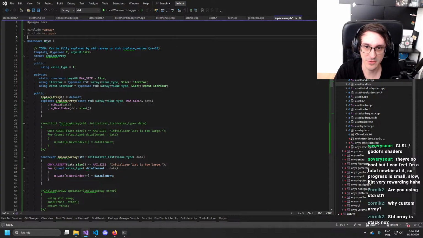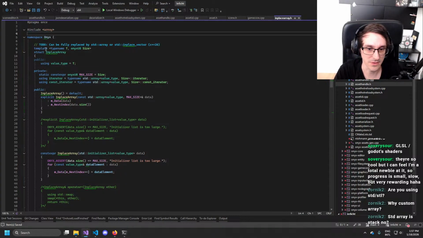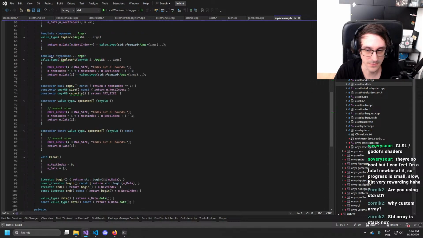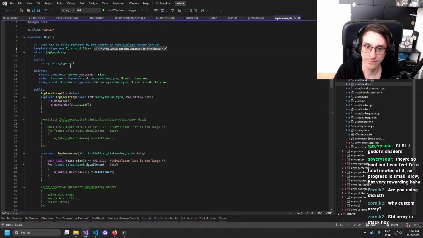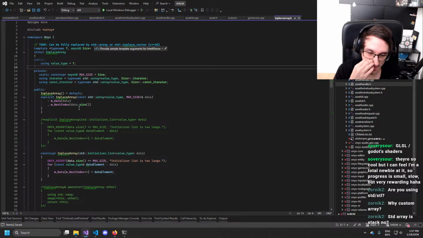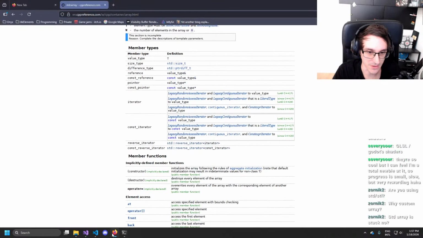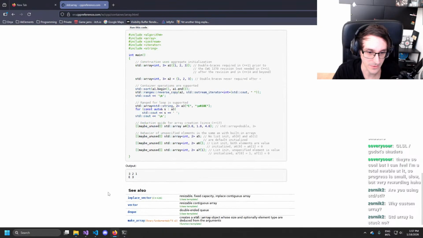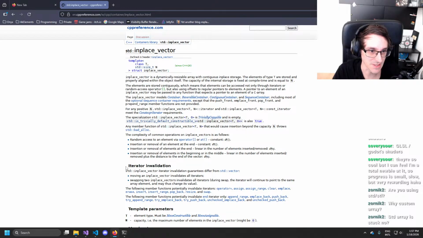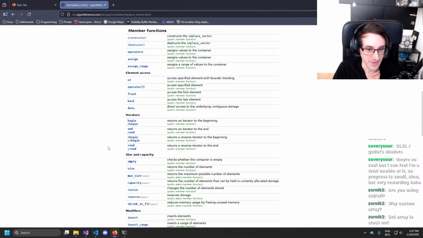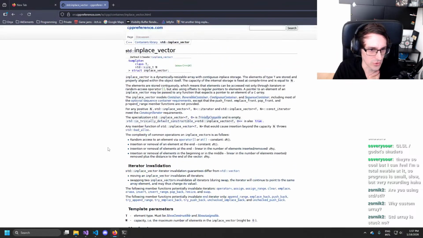So in C++26 something comes that probably completely replaces it, which is the in-place vector. Which is basically what I tried to do here. If you don't know what in-place vector is, it's basically a stack allocated std vector that cannot grow, I think.